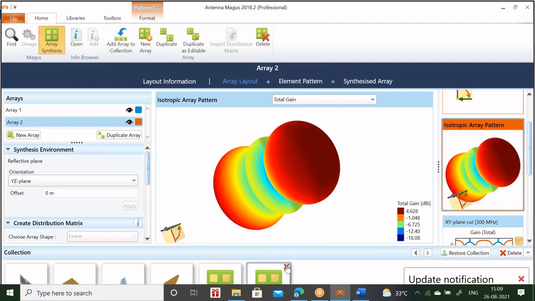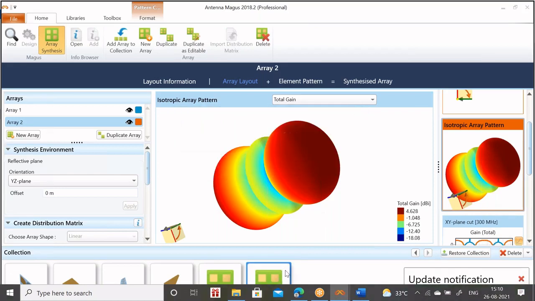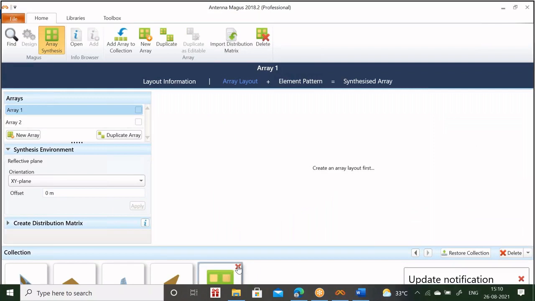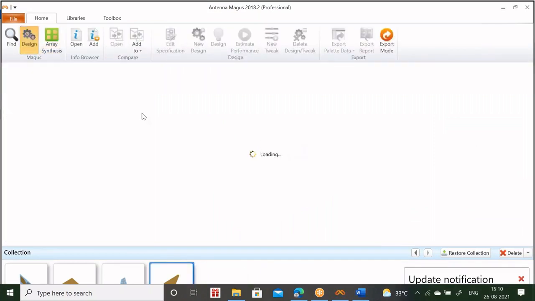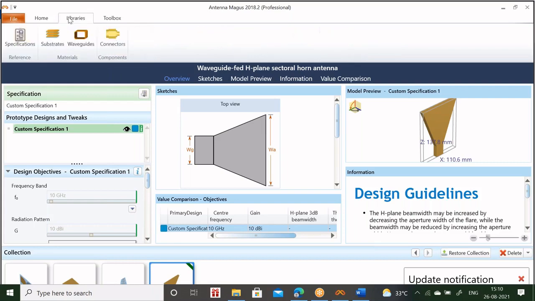Okay. So I will show other options also of Magus also to you. Just we have seen the array synthesis and okay, and this is the home, and you have libraries.